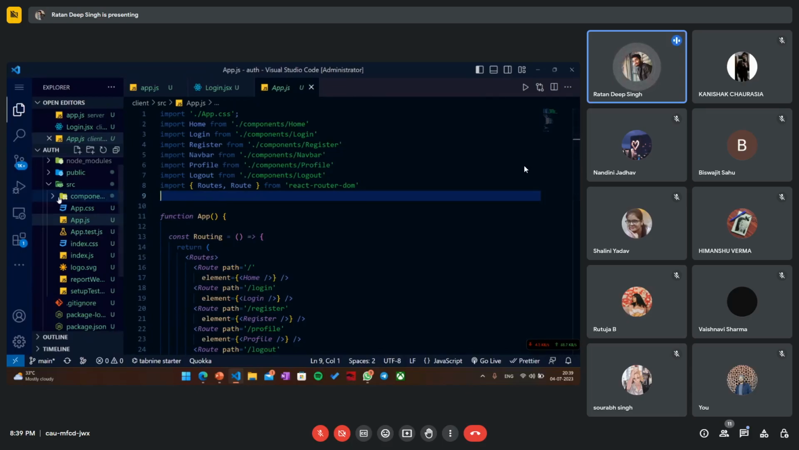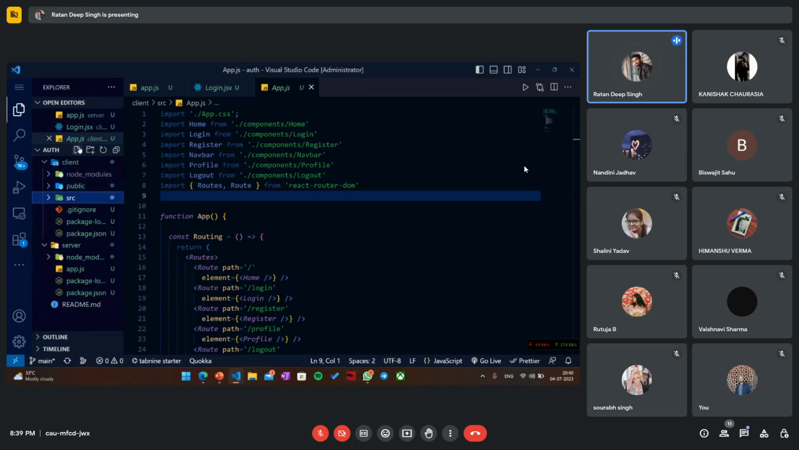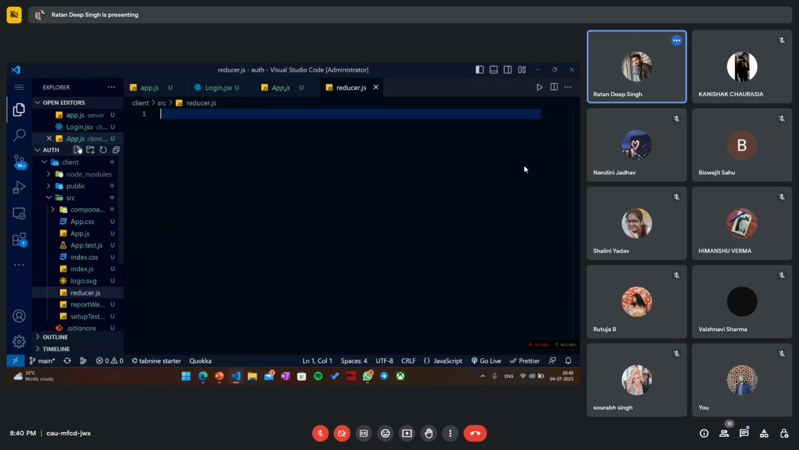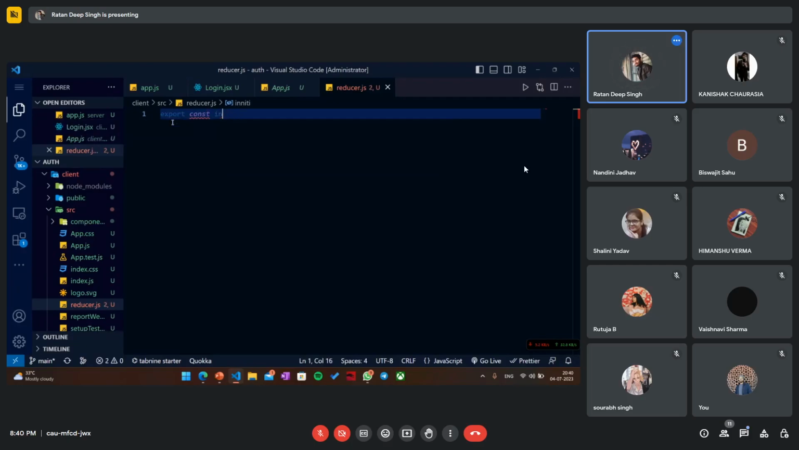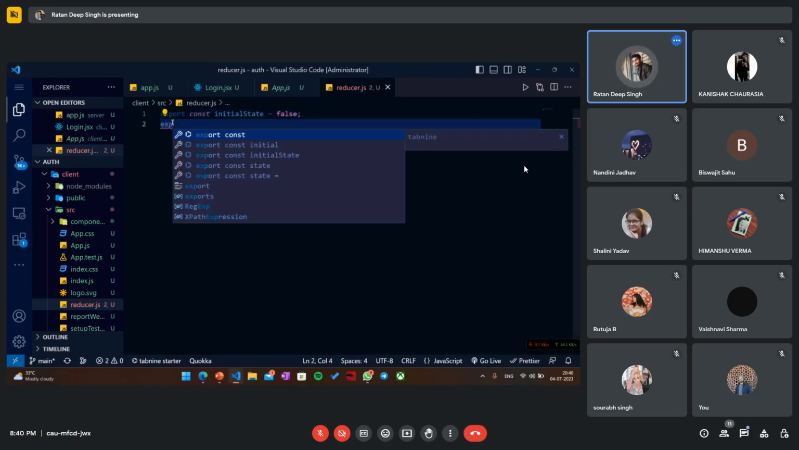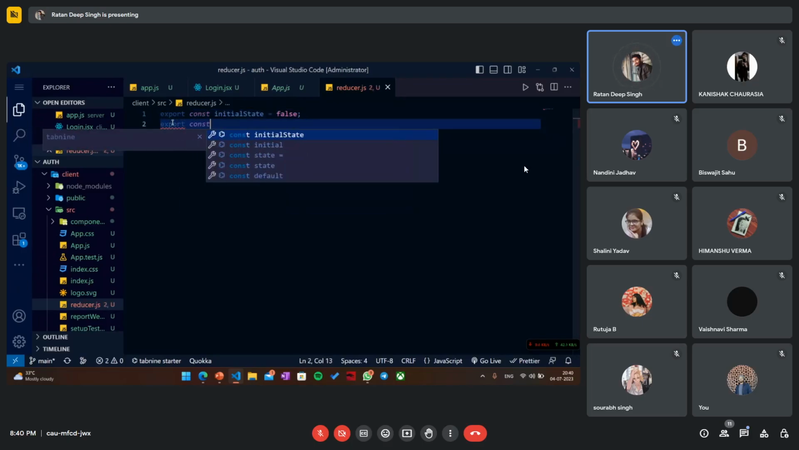First of all, let's understand what is reducer. Actually, let me just here create a file named reducer.js. So what is reducer? Actually, reducer is a functionality by which we can manage or manipulate states. It has an initial state. Let's go with false by default. And it has a basic reducer